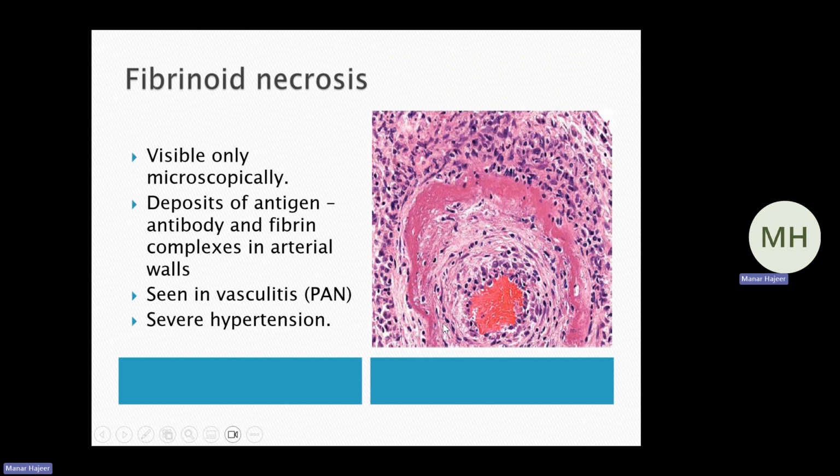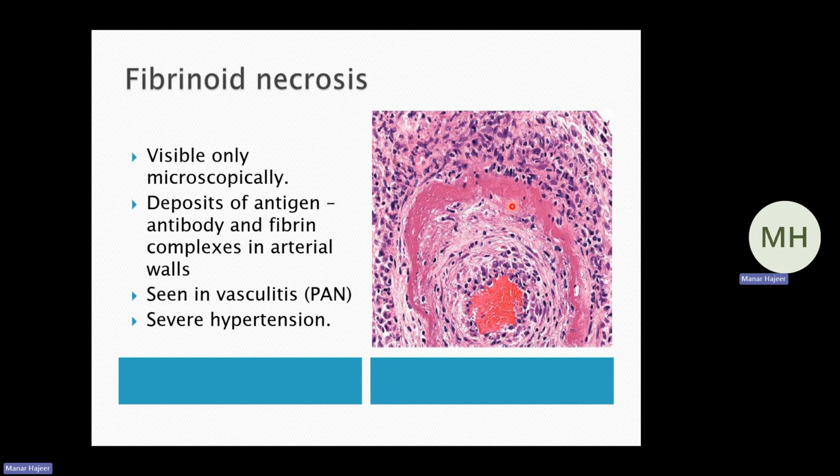The last type of necrosis, we call it fibrinoid necrosis, and this type of necrosis is peculiar because it is only visible by the microscope. We can't see it grossly or by naked eye. It is caused by deposits of the antigen antibody complexes accompanied by fibrin in the walls of the blood vessels in cases of